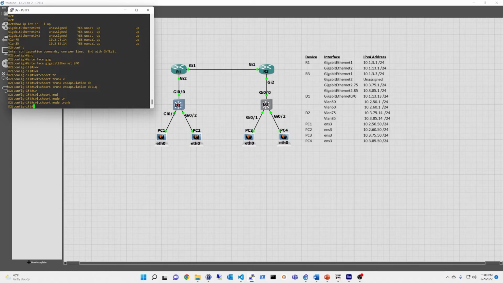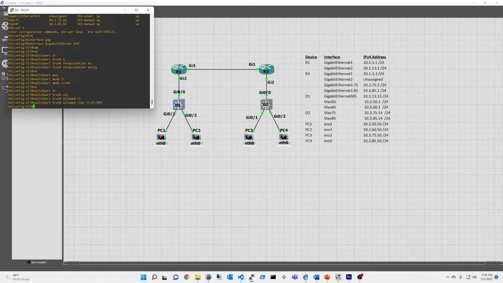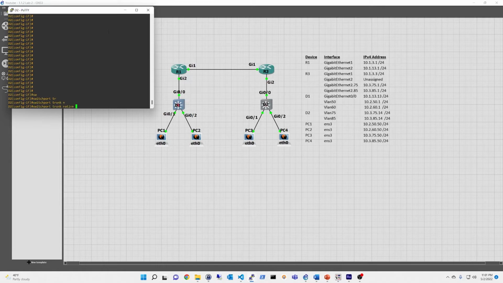Now we can set the native VLAN as 999 and allow the VLANs that are in use. So that command is going to be switchport trunk allowed vlan, and then you just do each VLAN that you're allowing on here, separated by commas. We can tell it our native VLAN is the 999,